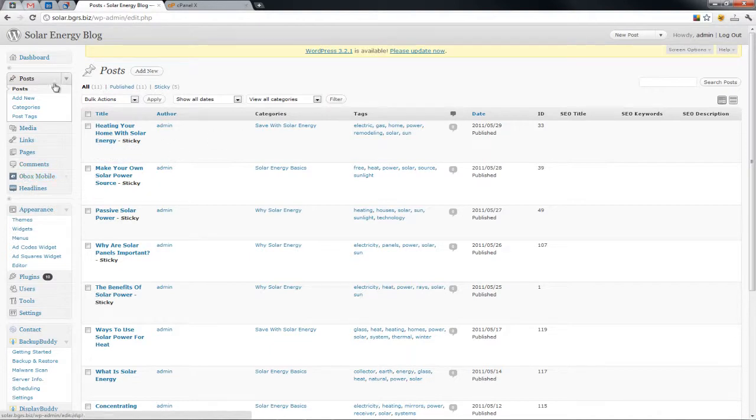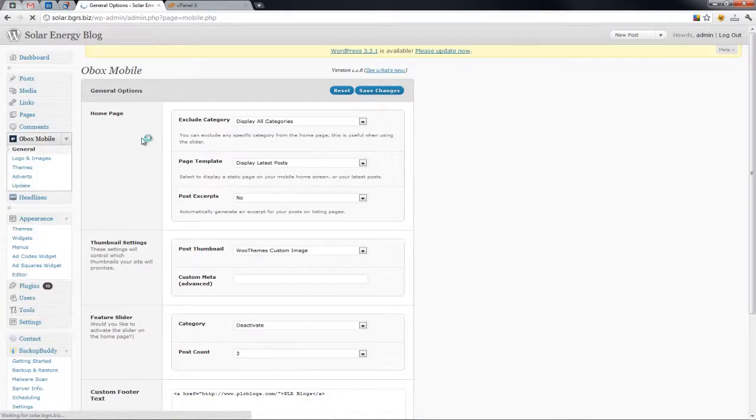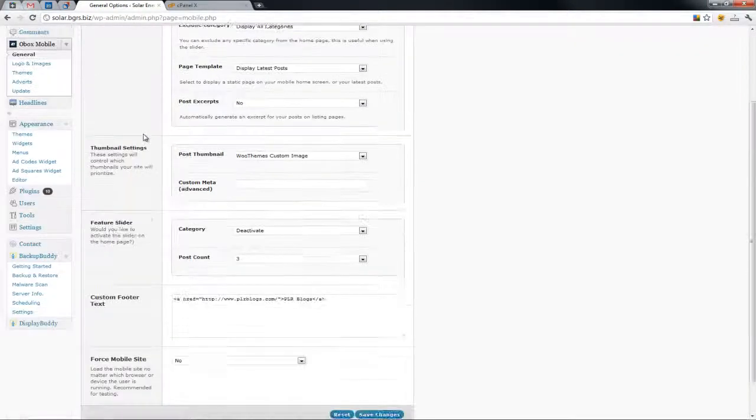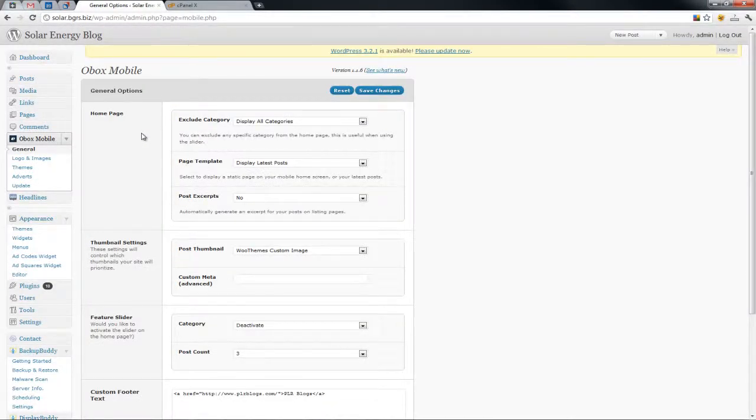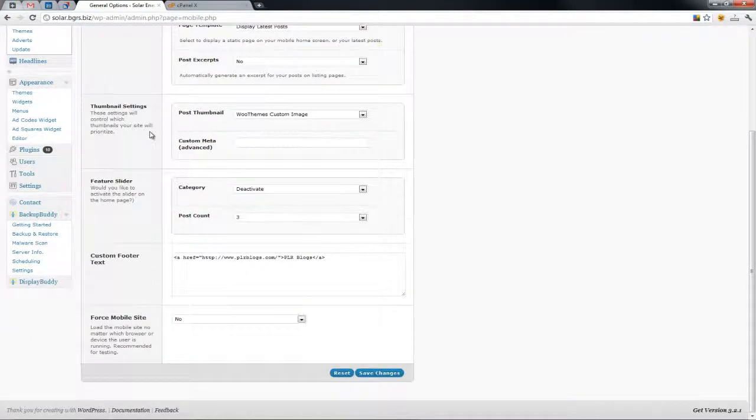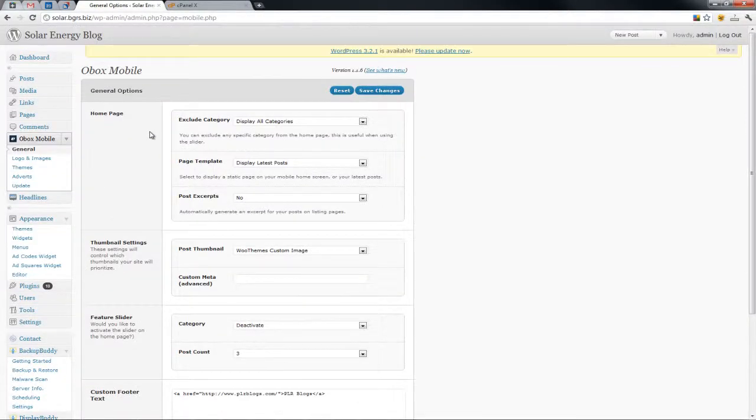And then it's got some of the things that are going to be unique to this blog. One of them is the Obex Mobile plugin. This is a very cool plugin. This is another premium plugin. This actually costs $50 by itself. But you'll get it included with the blog, and this allows the blog to be formatted properly for mobile devices,